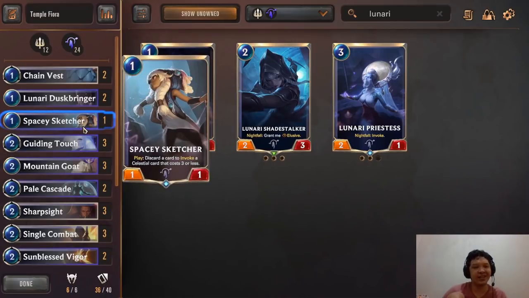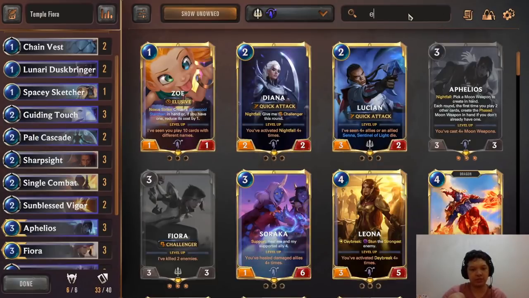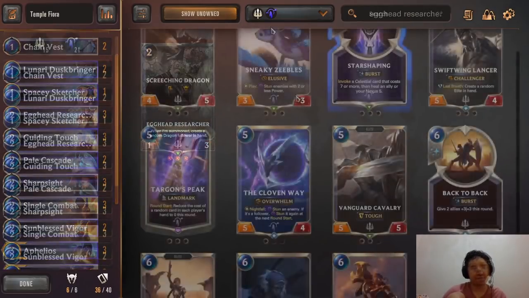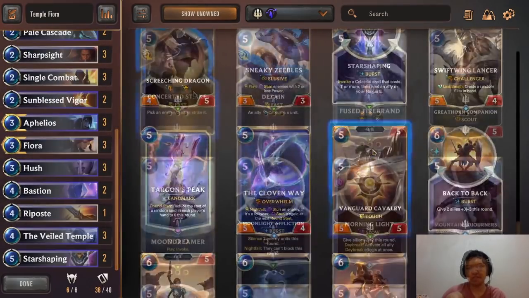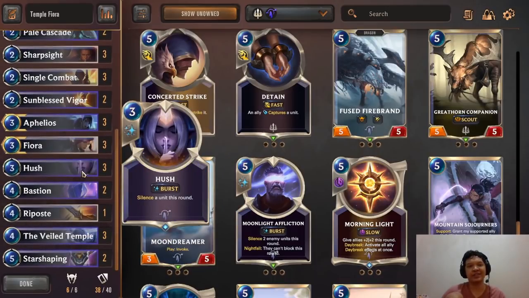Spacey Sketcher I think is still a good card to have. I removed the Mountain Goat and I replaced it with Egghead Researcher. 3 copies of this. And I mentioned before, I added 2 Star Shaping. And to round it off, with 2 cards left open, I needed more interaction to be